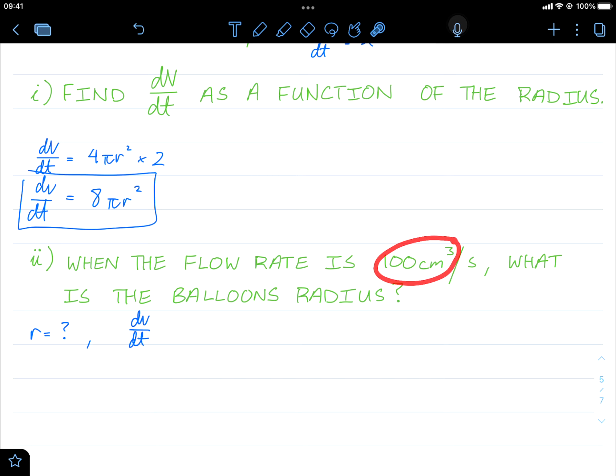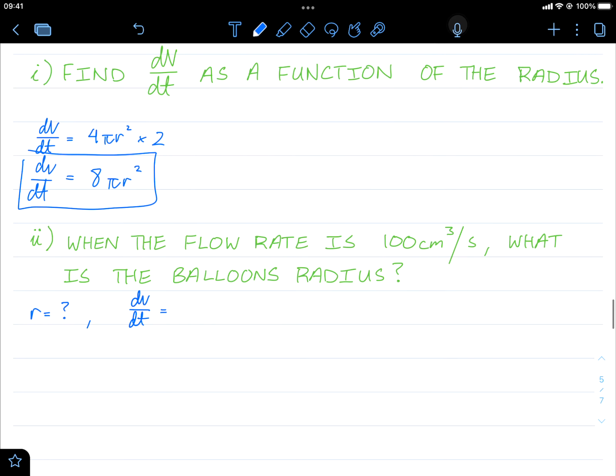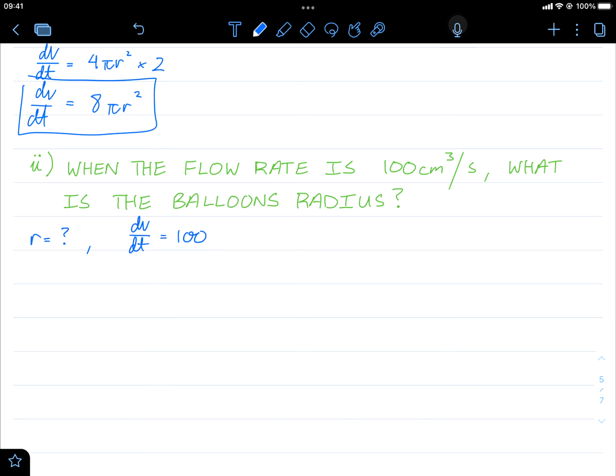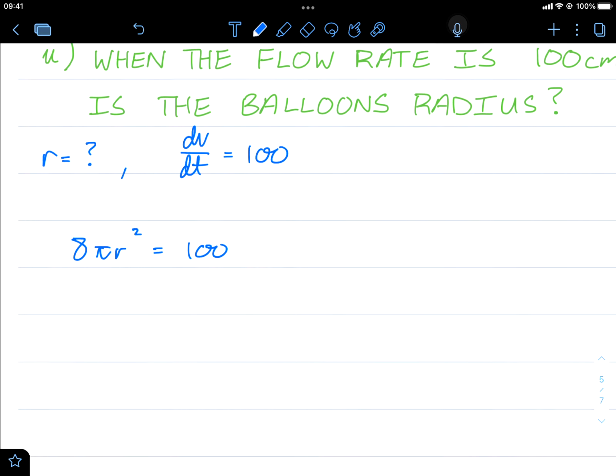That is volume per second, volume over time. So we're being told that dv on dt is 100. So now we can solve this. So 8 pi r squared is equal to 100. I'm substituting 100 here. Now solving for r